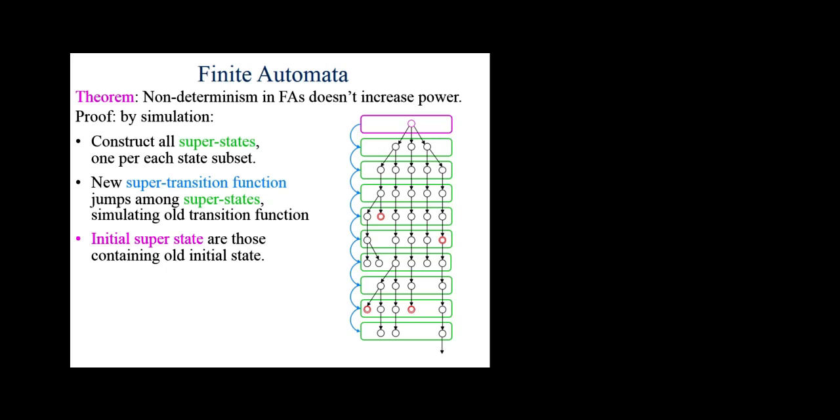So the initial state of the super machine is the subset corresponding to the single state that's the initial state of the original machine being simulated, or excuse me, the non-deterministic machine that we're simulating using this deterministic super machine, that's the simulator. Okay? And then the final superstates of this deterministic super machine that's simulating the non-deterministic original machine: as long as one of the states is final, the whole superstate is final too.